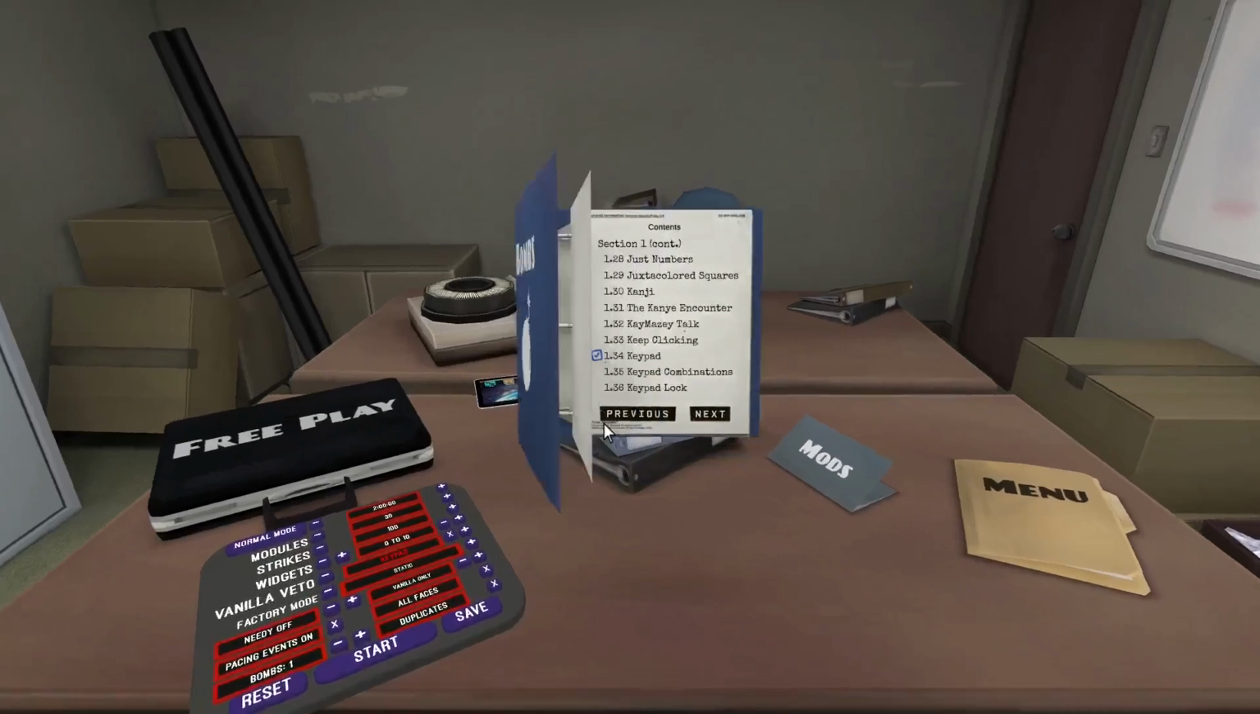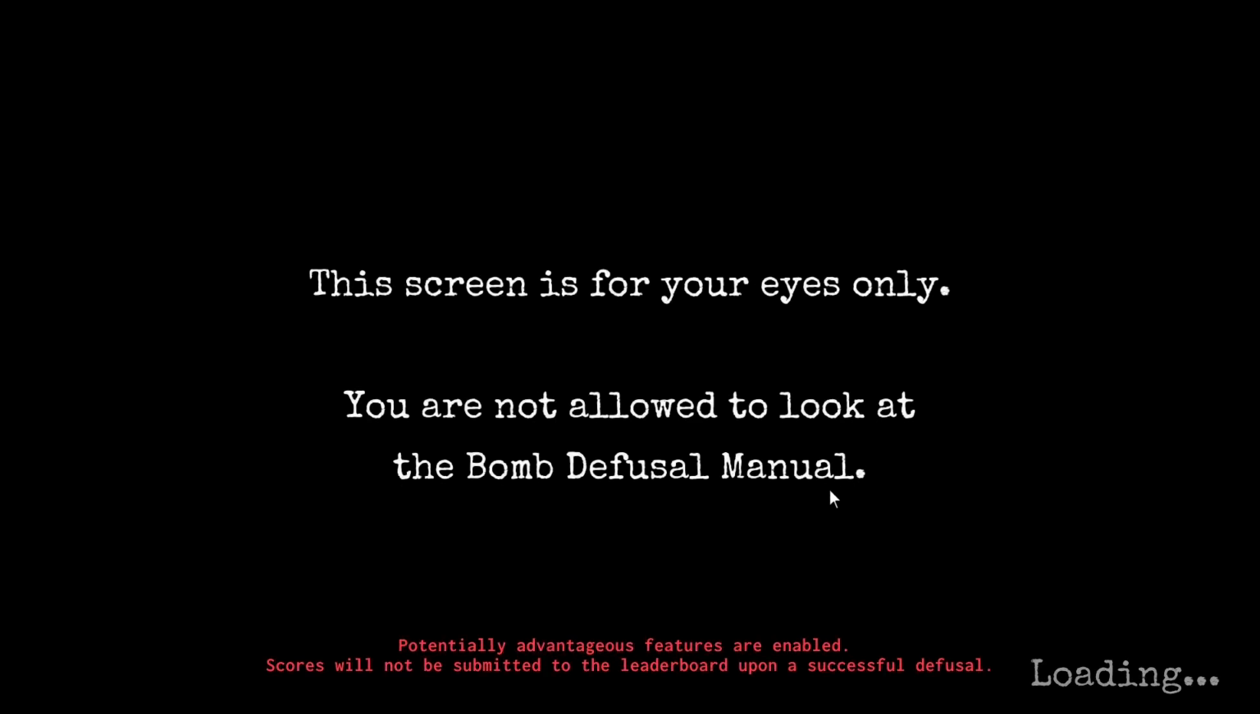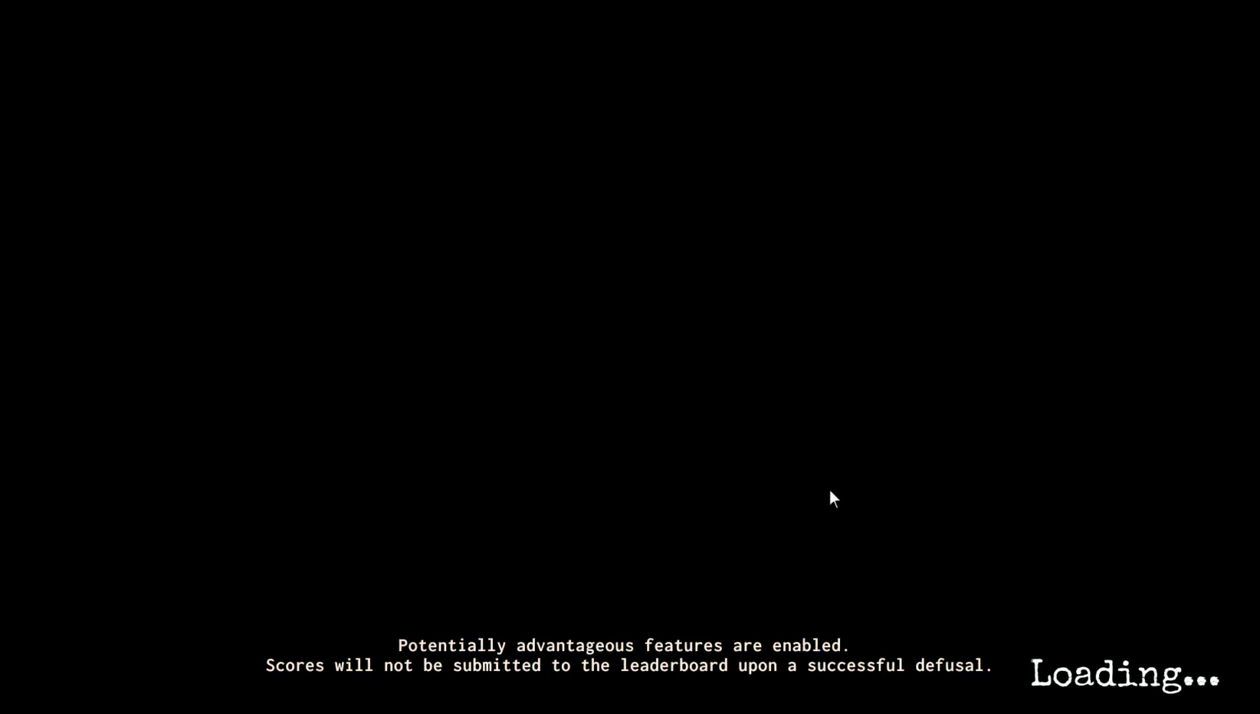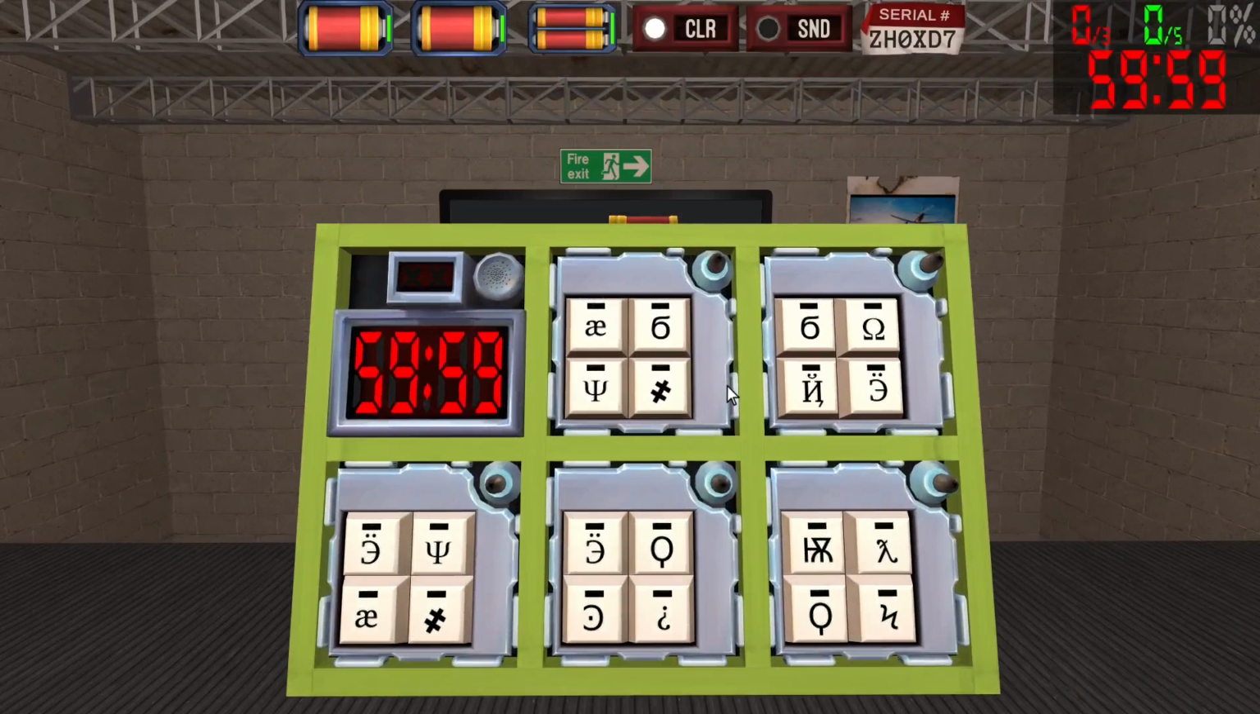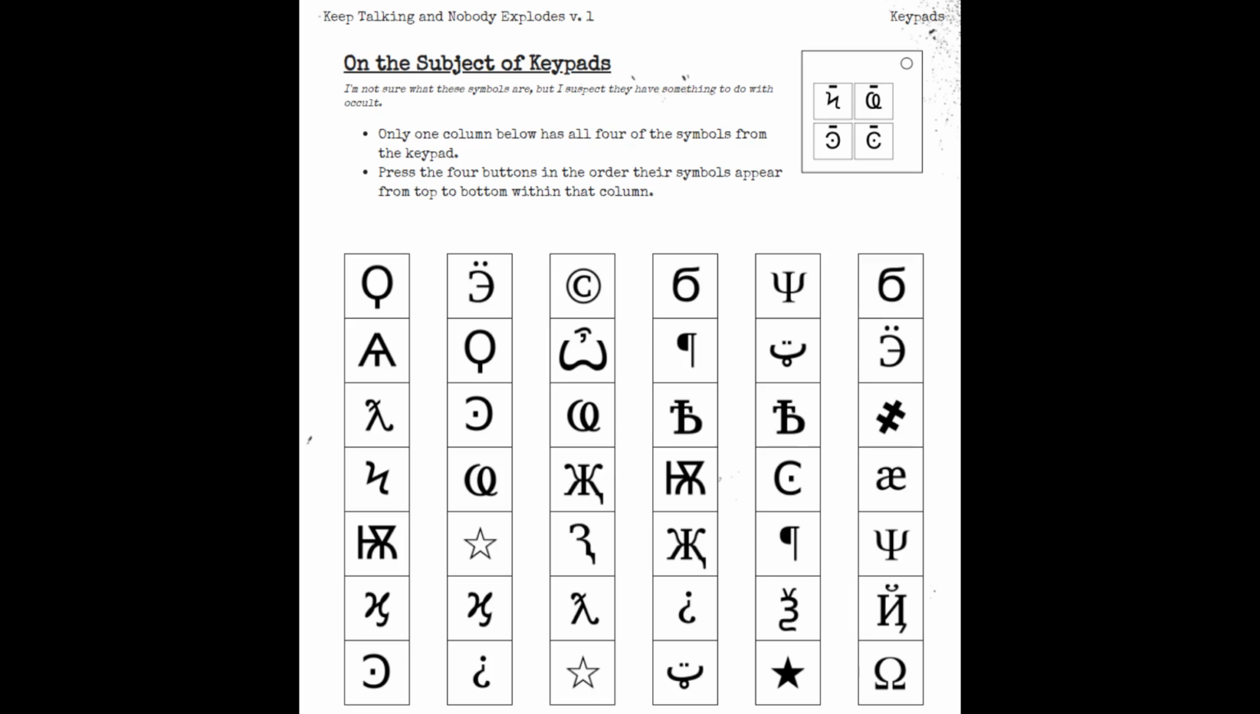Hello, today I'm going to create a program that solves the keypad module from the game Keep Talking and Nobody Explodes. Press start to play. We see 4 buttons all with different symbols on them. The manual says we must push the buttons in the correct order. We see that there are 6 different orders we can pick from, but only one contains all of the symbols